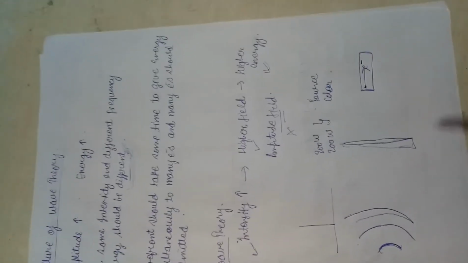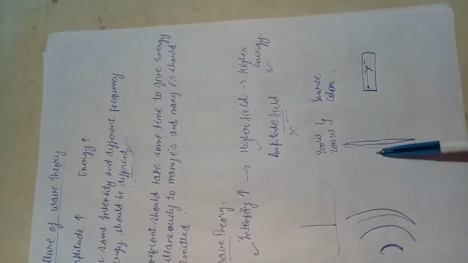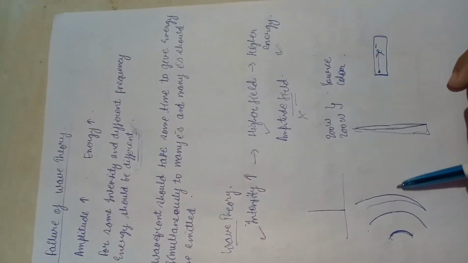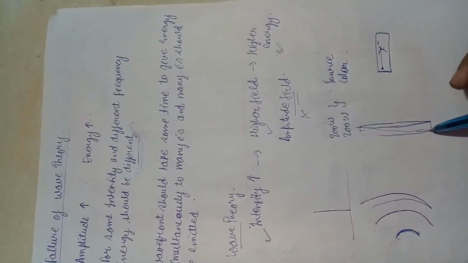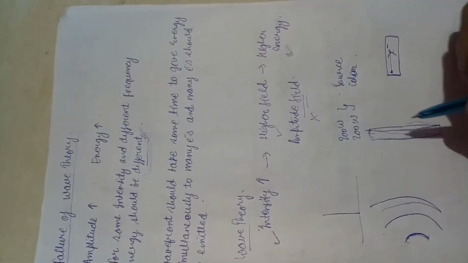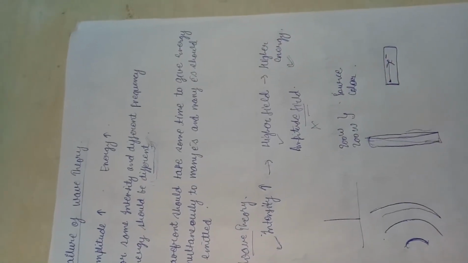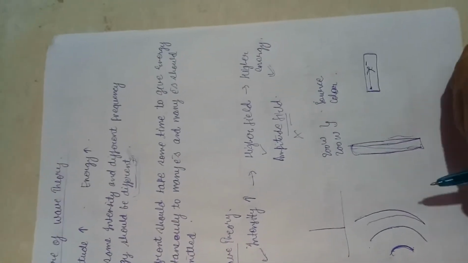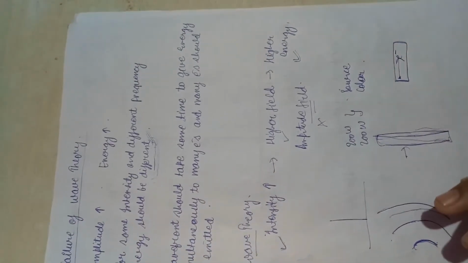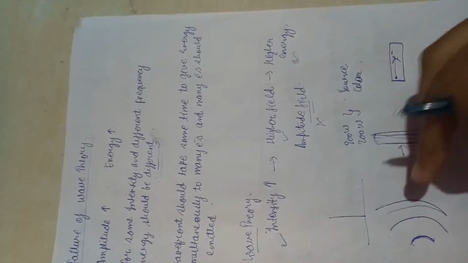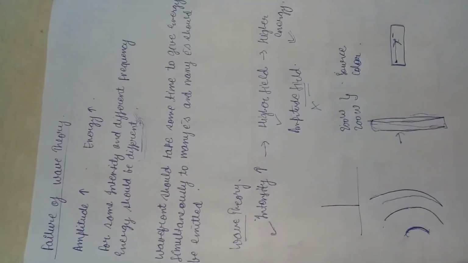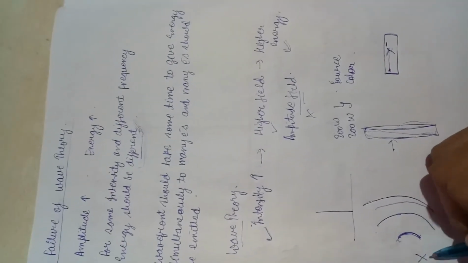So after some time it will go on colliding with the surface, and the energy is distributed to the whole metal surface. After some time, a large number of electrons will be emitted, and it will take time. We are sending many photons, and it will take time in absorbing the energy, and after some time these electrons will be emitted. So this is not what is happening in this experiment.